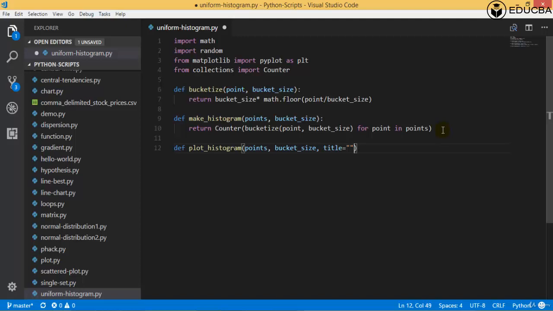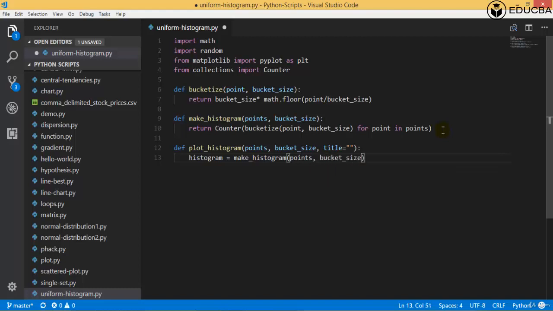The title will be kept blank. Later we'll have histogram equals make_histogram with points,